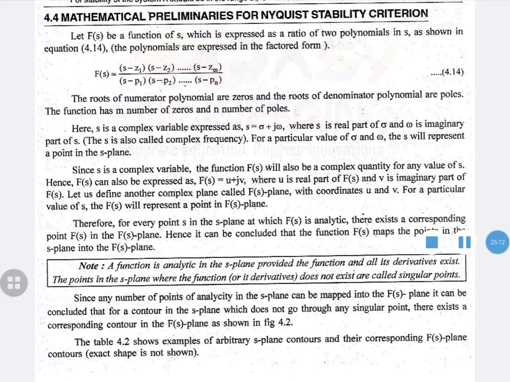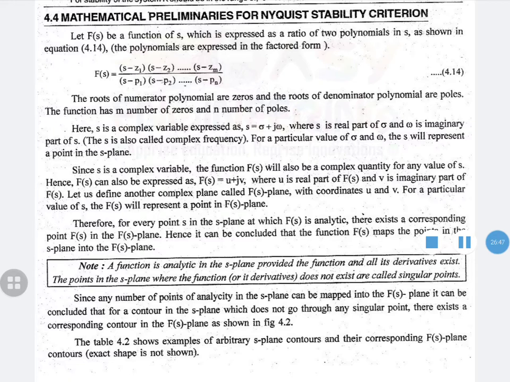Okay, so what we are doing here is we are predicting the stability depending on the number of encirclements of the F(s) contour, the number of encirclements and the direction of the encirclement. Okay, so that is how we are calculating the stability, using the contour of F(s). So to calculate F(s),